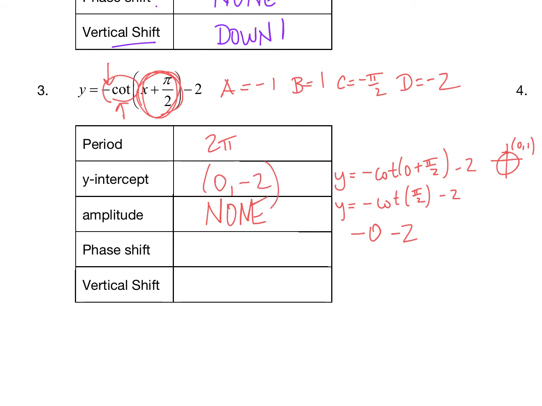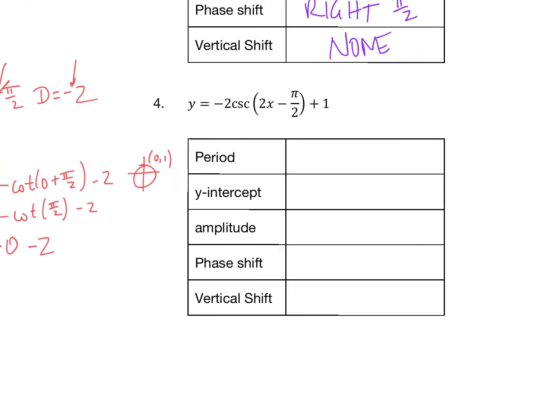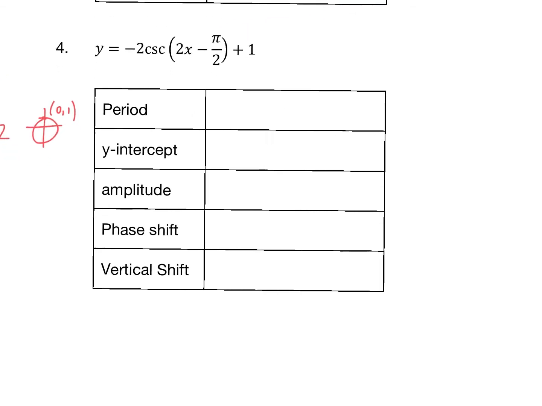All right, the phase shift is left because of the negative, left pi/2, and the vertical shift is down, and it is down because of that negative, down 2. All right, one last example,